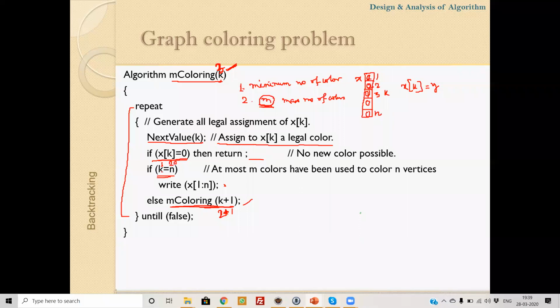When k becomes n, for this example if k becomes 20, then all the vertices are colored. So we will just print the solution matrix, nothing else.